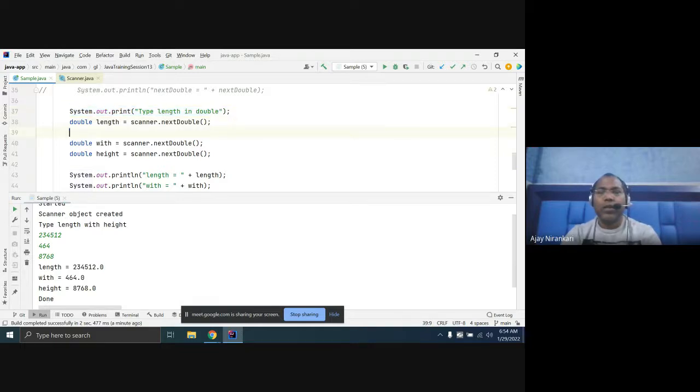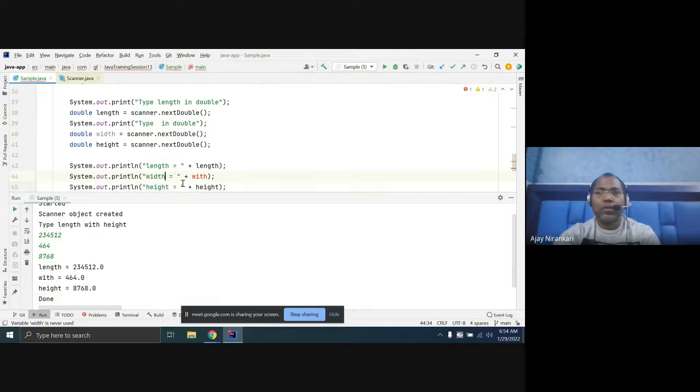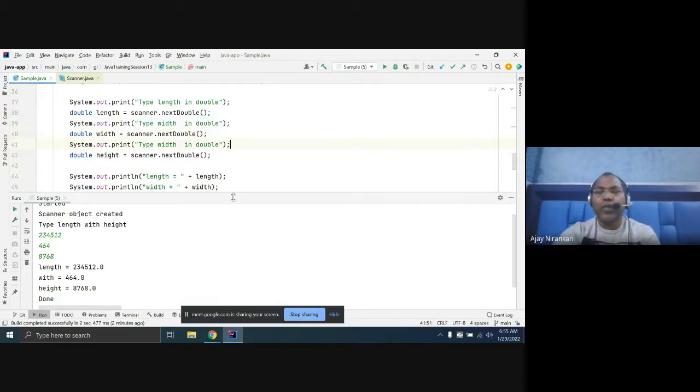Here say type width, type height. So a clear message is given, so that whenever the program runs, the user is not confused.